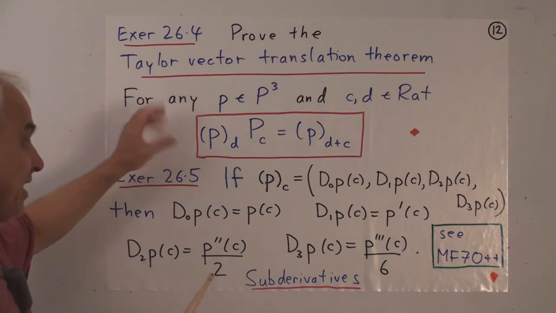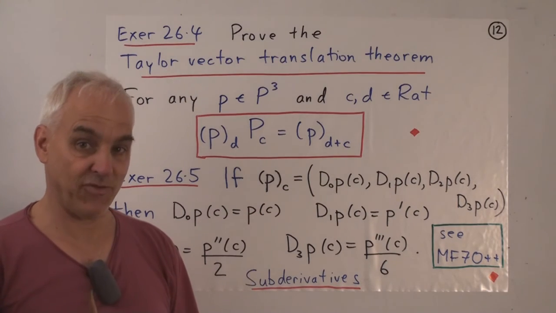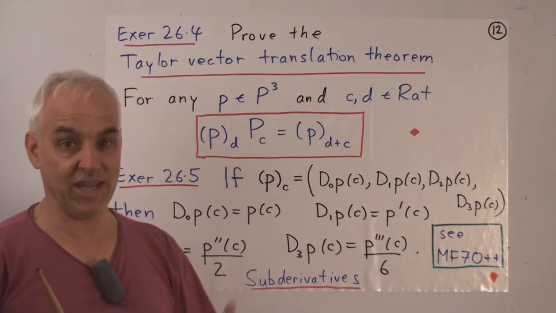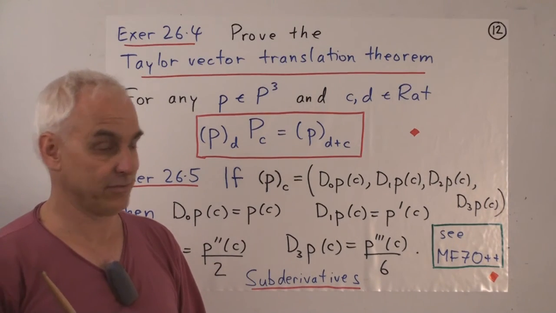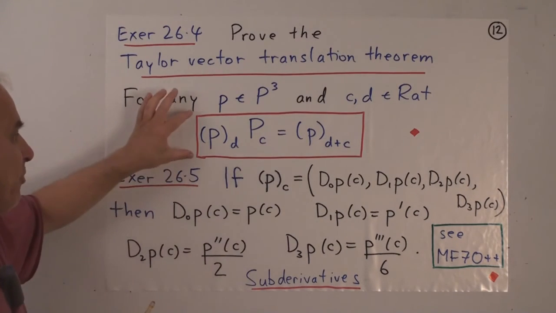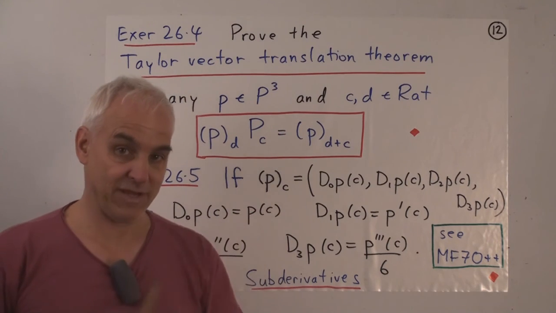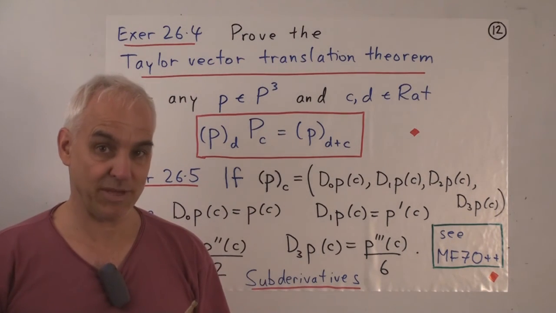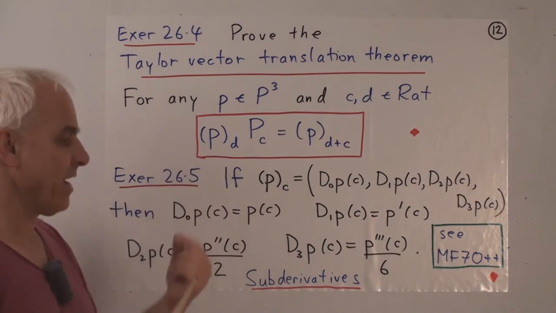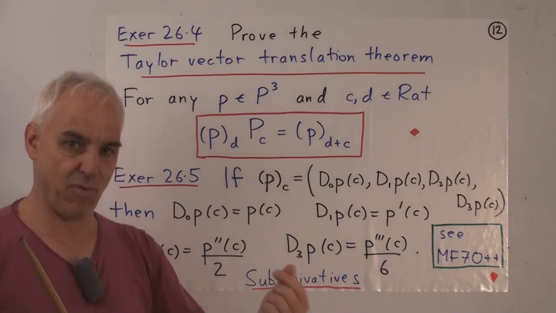And to prove this, as a hint, you can go back to that fundamental equation relating the powers of alpha plus c and the powers of alpha, and replace alpha with, say, alpha plus d, as I suggested when I was talking about that. All right. So this is a very important thing, and you will probably have deduced this already if you did the exercises from the previous lecture on the cubic splines. You will have realized perhaps how to go from the Taylor coefficient vector at one point to the Taylor coefficient vector at another point.